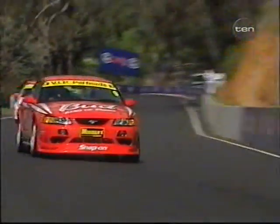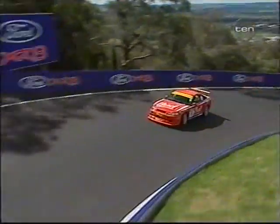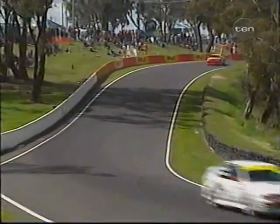So the decision was made to make it a 4.6 version for two reasons. Firstly, the 5.4 litre would have been way too fast for the class, and secondly, the supply of the 5.4 litre engines was more difficult than the 4.6, because the Cobra-R, or the normal Cobra, has a 4.6 litre engine. So it was quick straight away. It's a very good car, and I certainly understand the need for parity, because you can't have one car running away. But unfortunately, this circuit